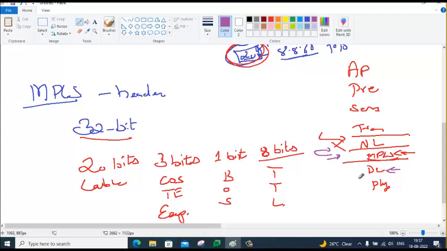In the data link layer itself, it knows that I have MPLS, and there is no other marking in the MPLS layer to say don't look into layer 3. There is nothing like that, because it gets enough information right here itself. It won't go to the layer 3 header.